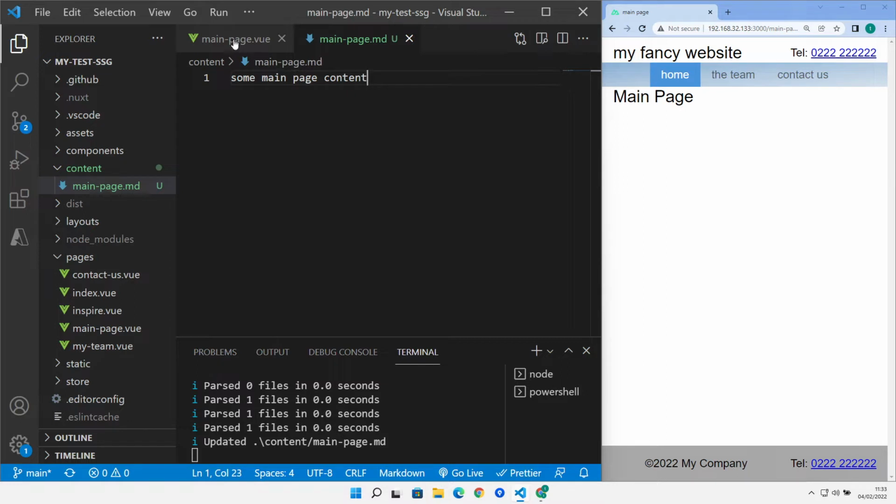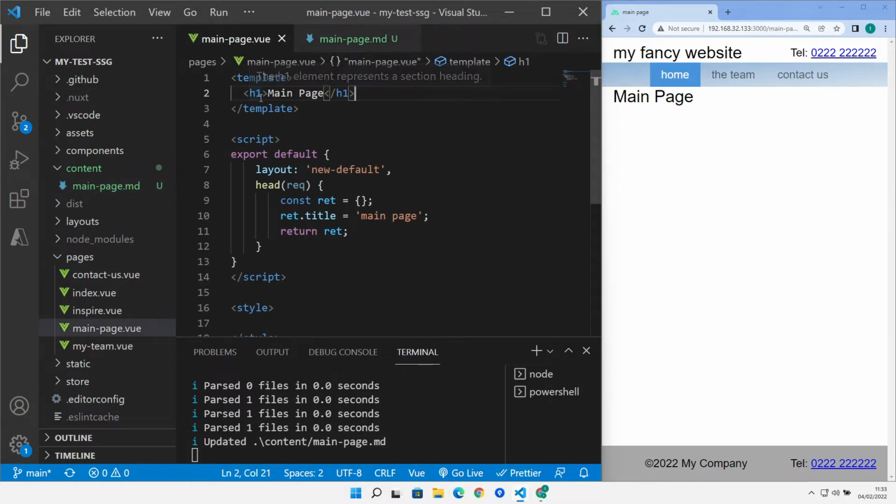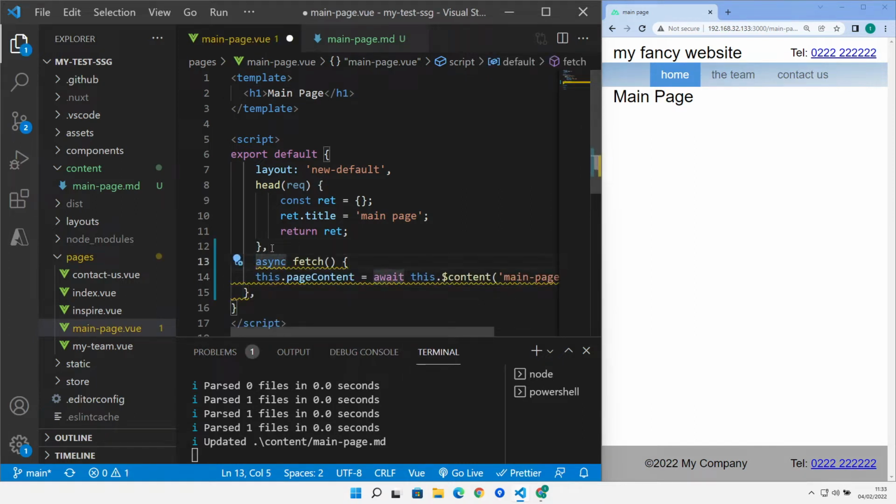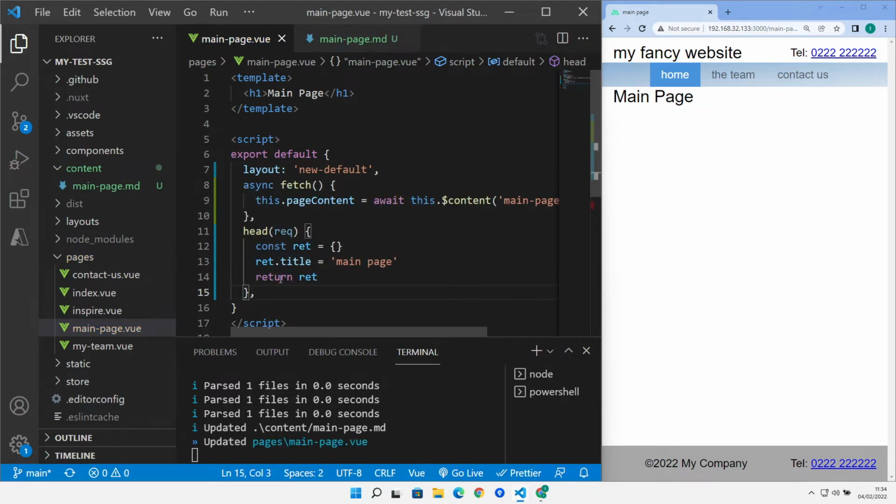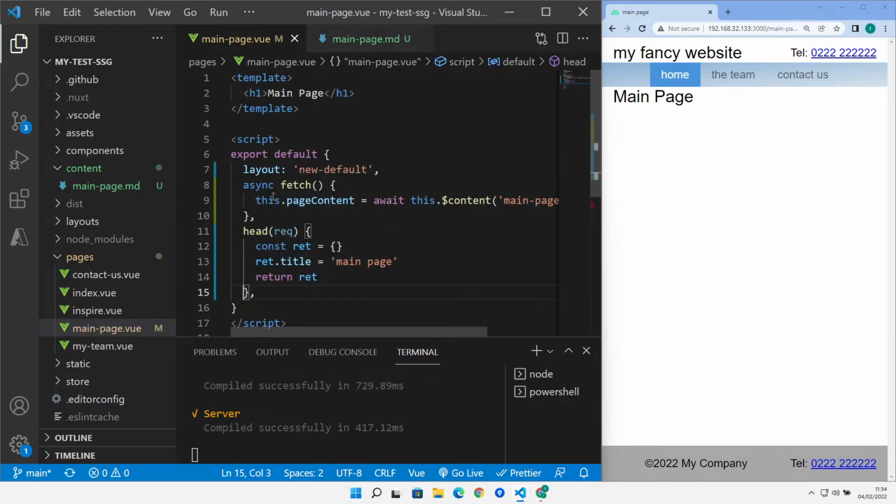And if we go back over to our main page, there's a few things that we need to do here to enable that content to be embedded within our main page. The first thing we need to do is actually go and get that data. So how do we do that? We can use a Nuxt method called fetch. Let's just have a look and see what this does. So now that we've saved that,